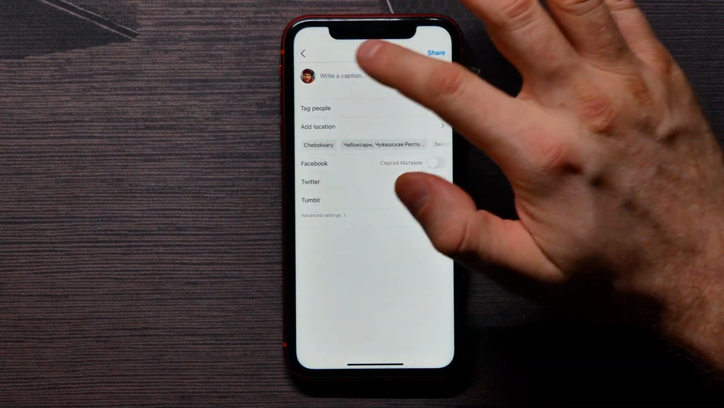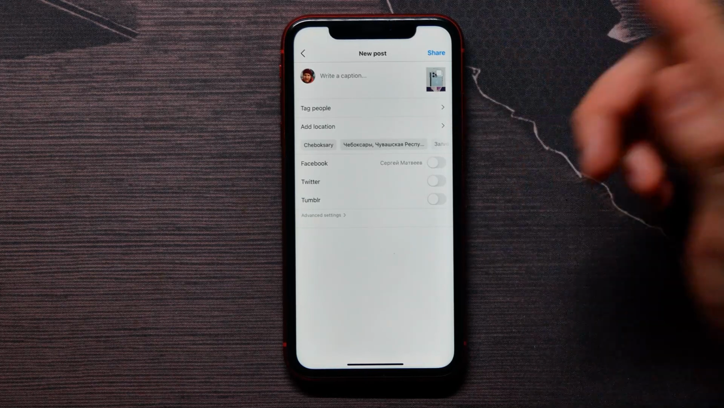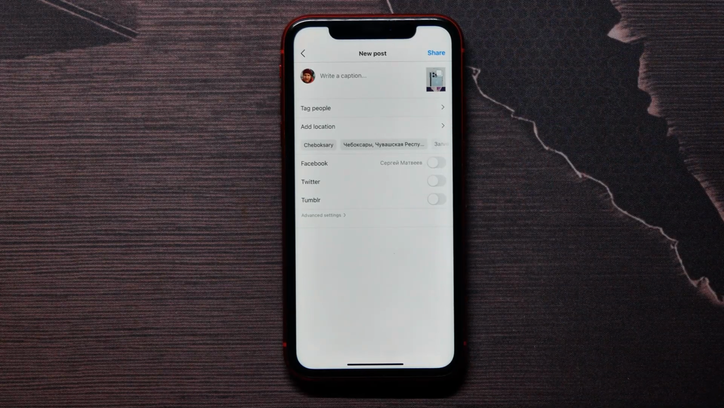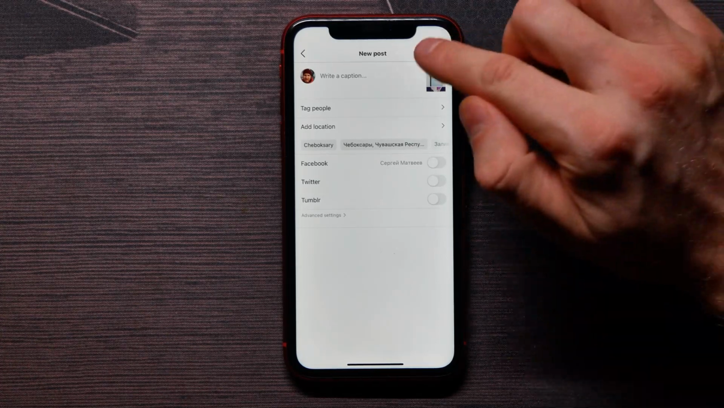And here you can write a caption, tag people, add location, and do other things like you normally create the Instagram post, and then tap on that